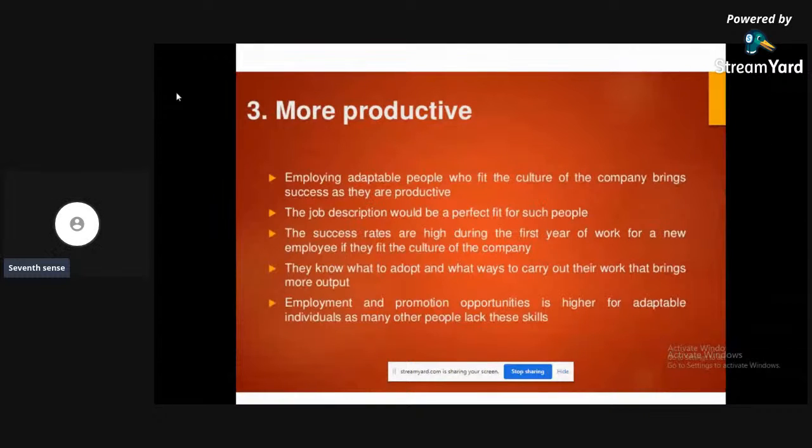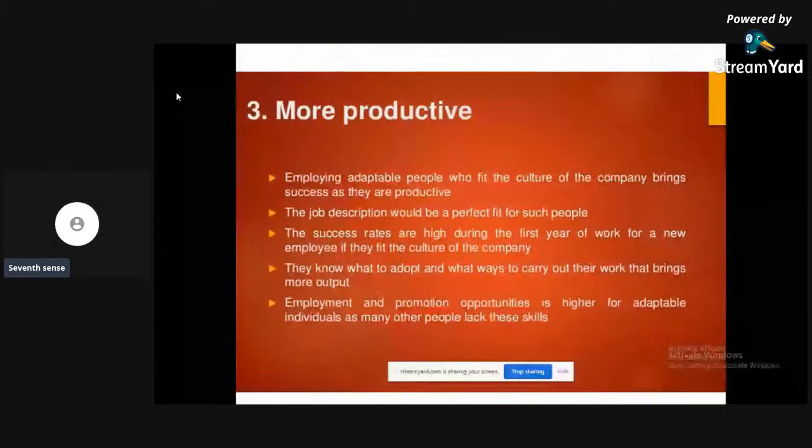Suppose you are a less skilled person, as I said. Even when the company hires you knowing that you're less skilled, you're going to put out more work to fit into the job. This is called adaptability, which makes you put in more effort than you can work off in a day.